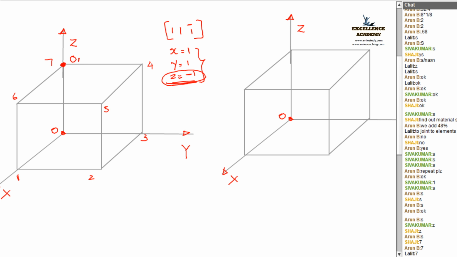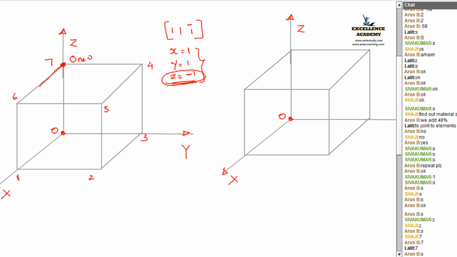Next is to avoid mistakes. To avoid mistakes, you must draw. Yes, this is my new x-axis, x dash, this is my new y axis, y dash, and this is my new z axis, z dash. So these two axes we will leave. We will not bother about the old x axis, old y axis, and old origin. We have to do our drawings from this new origin.